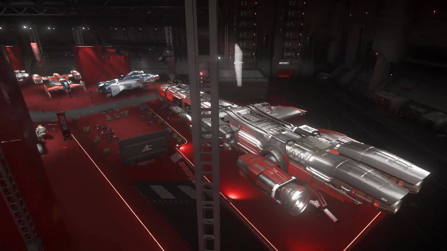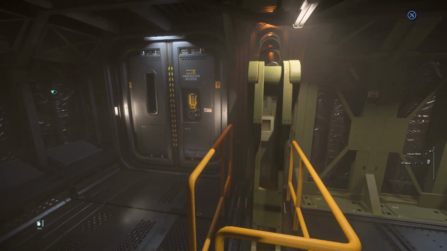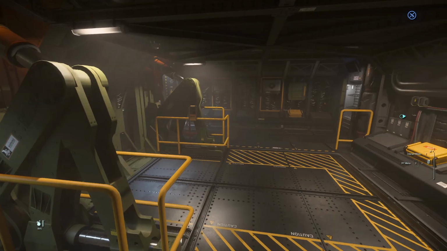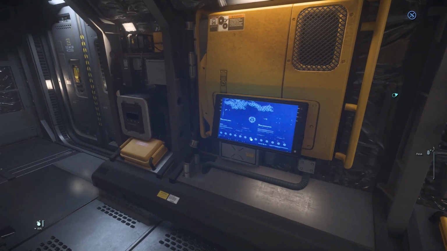So it has good defense to it. I think it also has good, what's it called again, shields as well, so it's very hard to take these down. So you might need something like a stealth bomber or something like that to take this down. So you got a nice mess hall here,